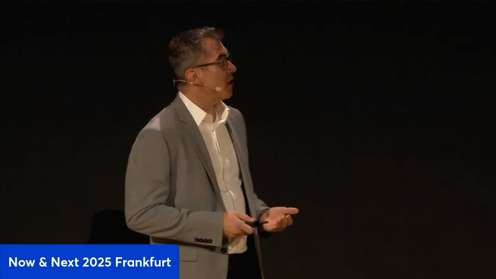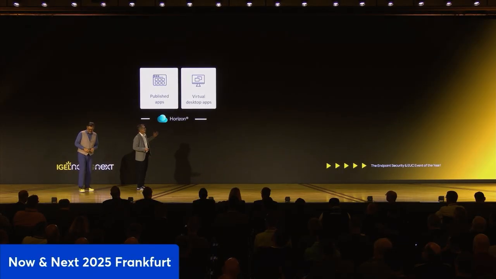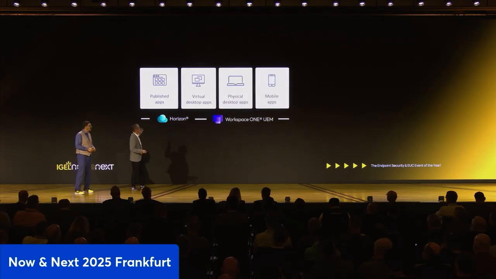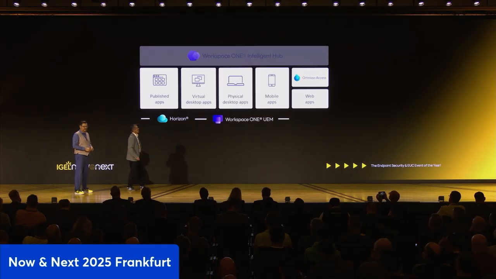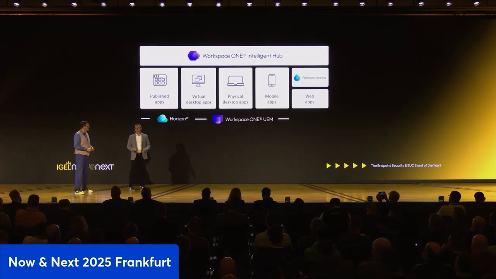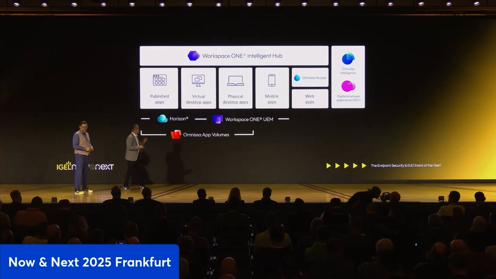And so today I want to talk a little bit about what Omnissa is doing for their management of the whole portfolio. Now, this is my perspective because I look at apps. We have our Horizon product. We have our UEM product for managing virtual and physical devices accordingly. We also have Omnissa Access to help with your application single sign-on capabilities and web apps. We bring in a catalog for the ability to go to any device and be able to see all of your work-related apps right there. So everything you need to access across all of these applications are there, and we monitor the performance of that experience.